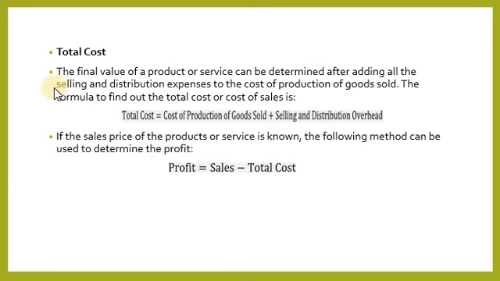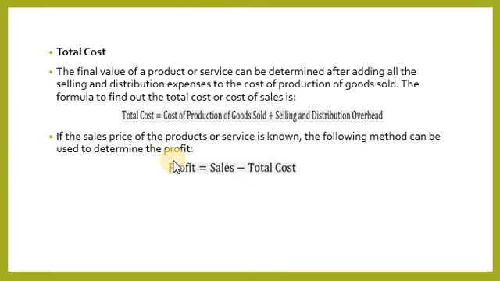Okay, after completing the total cost, based on that total cost, we are calculating profit or sales. If the sales are given, then we will find out the profit. If the profit is given, then we will find out the sales. That is the main important activity here, based on the total cost. The formula is profit equals sales minus total cost, or total cost equals sales minus profit. Based on total cost, we are calculating the profit or sales. That is the important activity.